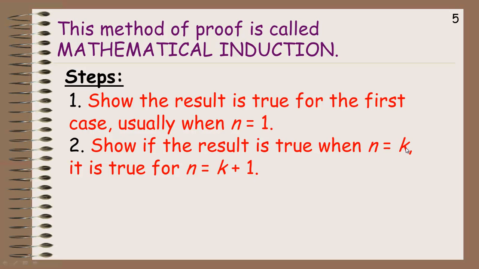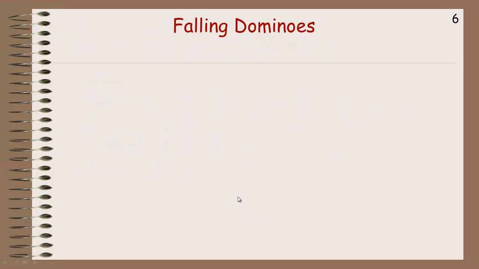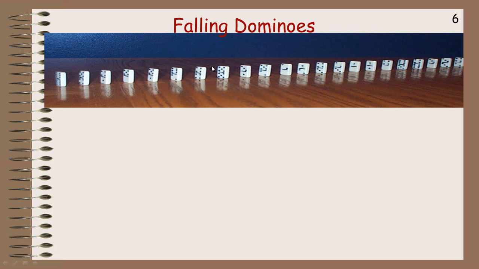If k happened to be 3, if it's true for the next case, it automatically works for 4. And that's how it guarantees that it works for every number above 1, or whatever the first case happened to be. Now, before we get into some examples, the theory of falling dominoes says that as long as you place the dominoes properly,